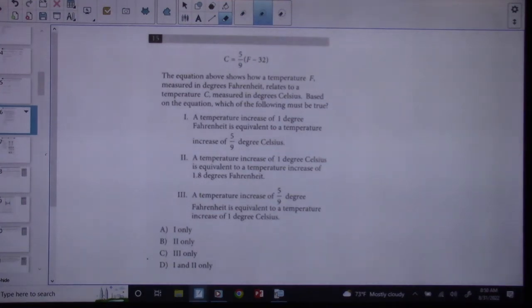So we are going to start with an SAT problem today, and we're going to continue going into factoring. Now,